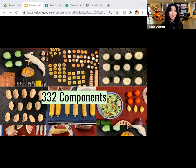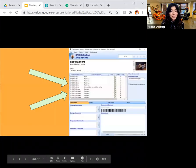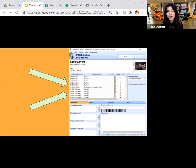Registrars are in charge of keeping track of all of these components and inventorying them physically while they travel in and out of storage and are installed and deinstalled, and also electronically in our database system. Just to give you an idea, here is a sexy screenshot of the component portion of the museum database. Although many may not find databases very alluring, registrars live for the database. This section tracks all 332 pieces of bad manners